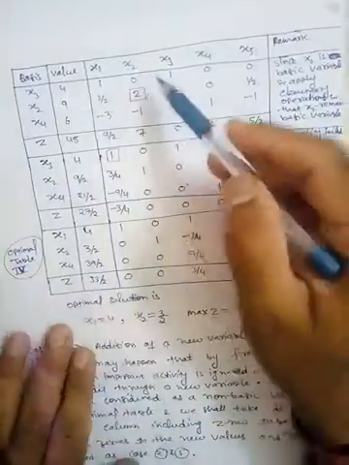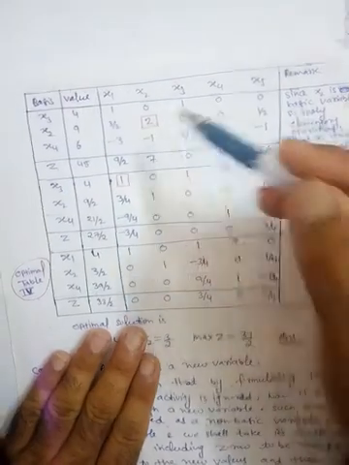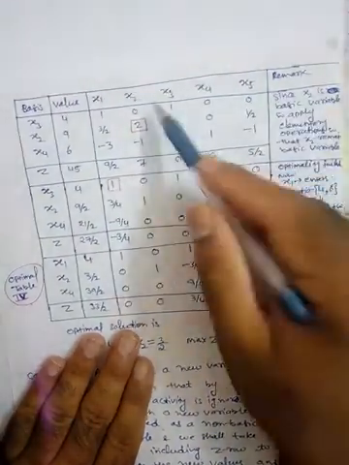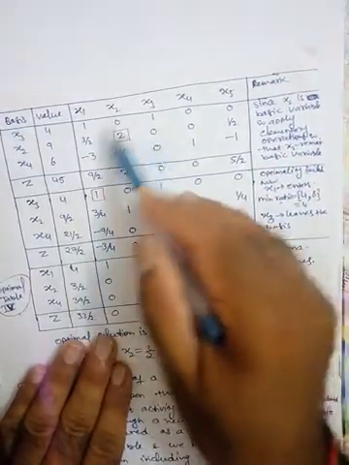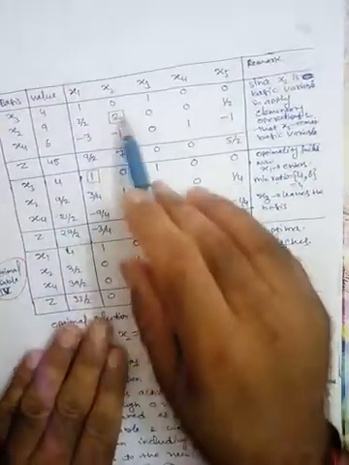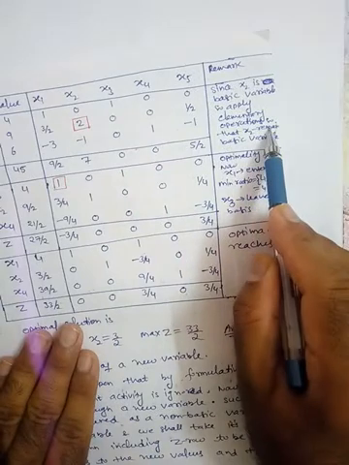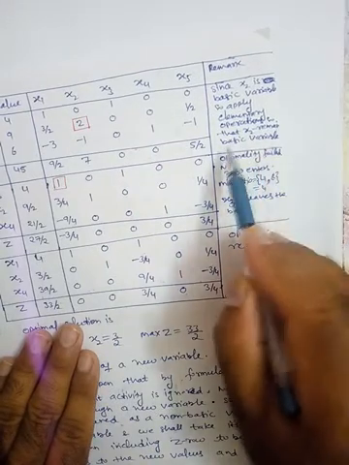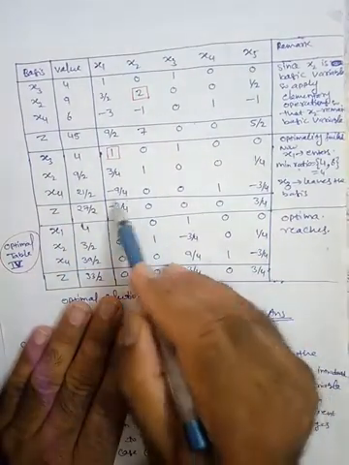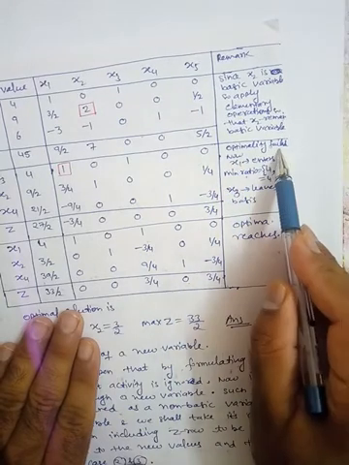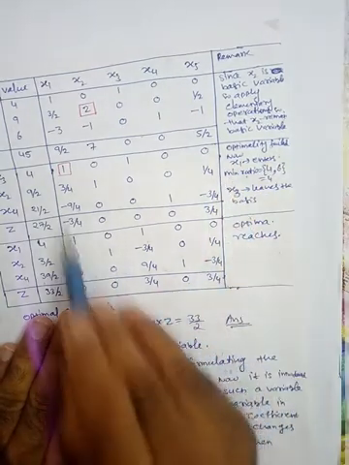And now you can see x2 is a non-basic variable here. Since x2 was a basic variable, we first have to apply the elementary operations so that x2 remains a basic variable. So just do all the elementary operations, so we get this table. But here is a minus 3, so optimality failed. So now x1 enters the basis.